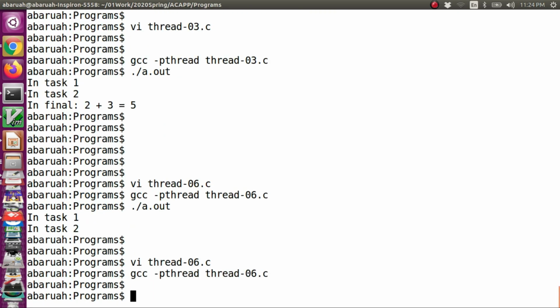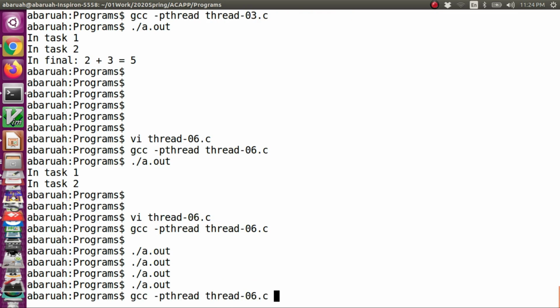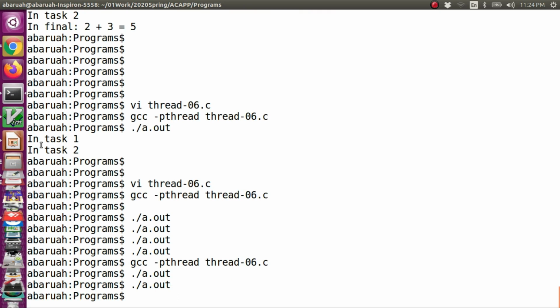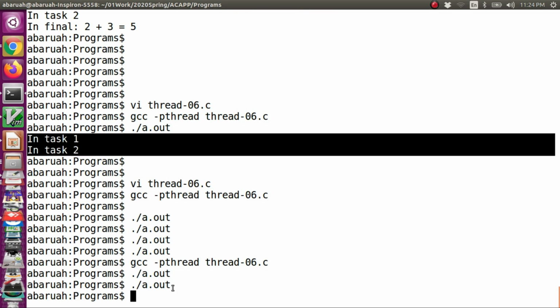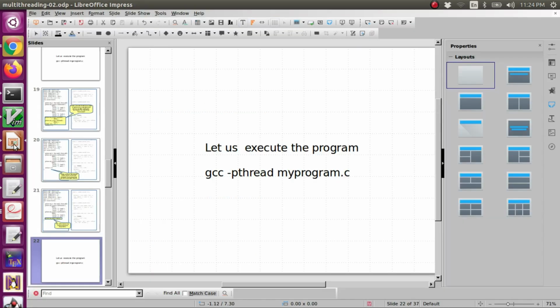Again, we will compile and then we run, and as you can see, when I run the new program, the two threads are not being able to execute. So the two threads also get terminated before they can execute, and that's why we don't see a message like this. So when the main thread is terminating, it is also terminating the thread 1 and thread 2. Okay, coming back to our slides.